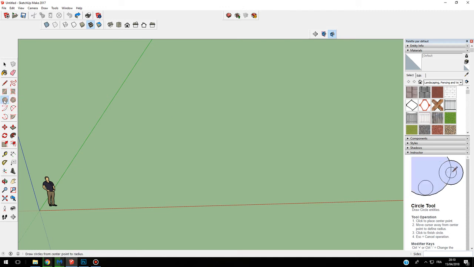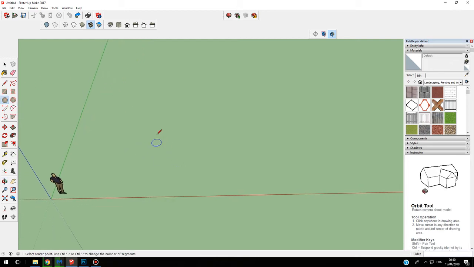So now let's try the circle tool. The aim of the circle tool is to draw a circle from a certain point to a radius. So it is very easy to do. You just have to click once